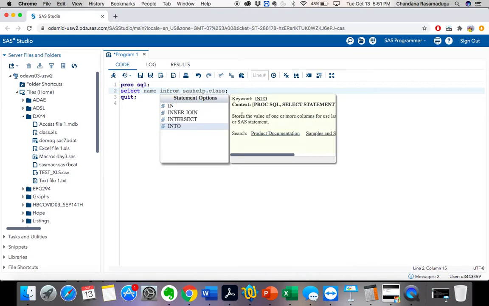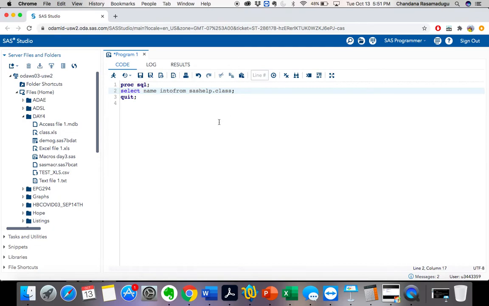So now I am using proc-SQL, into, use the colon and assign the macro variable name that you want to give. For example, here I am giving the macro variable name as test. So this is my macro variable name.